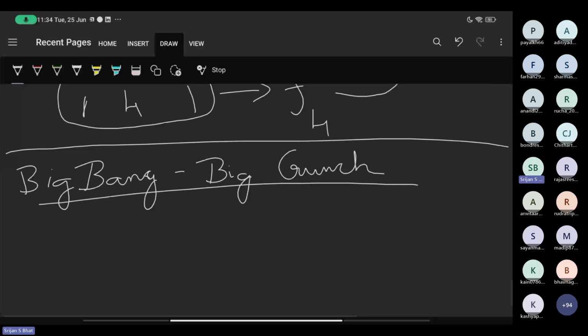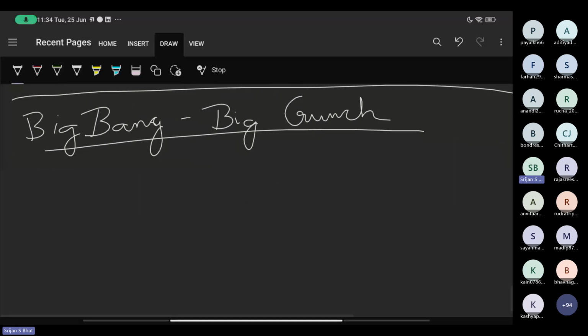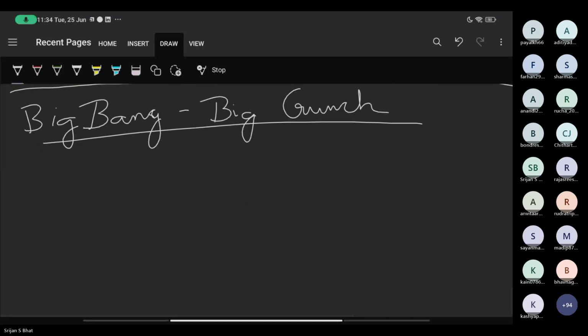This is the beginning of space and time. Basically, the theory is that in the beginning, the universe was very dense with matter and everything, and at high temperature as well, and then it started expanding. Yes, the explosion. Currently, the universe is expanding right now.